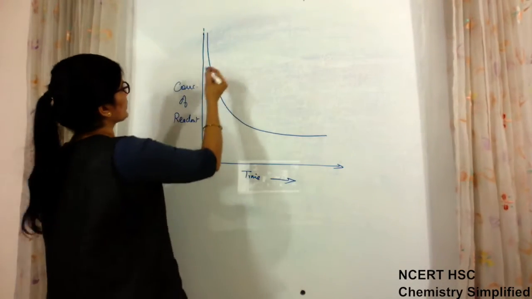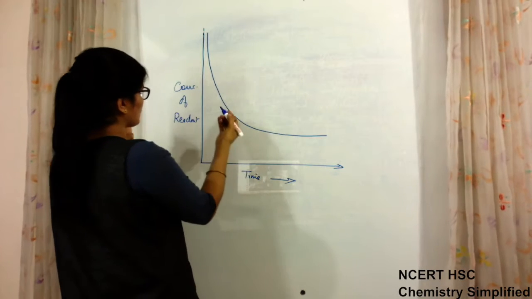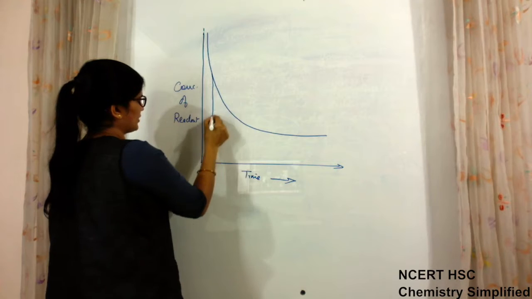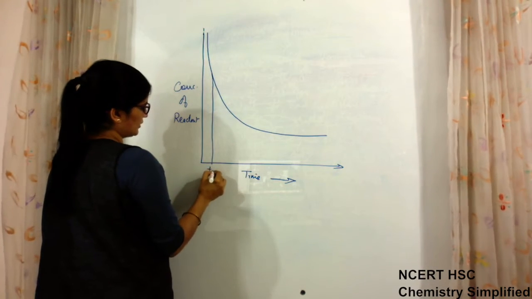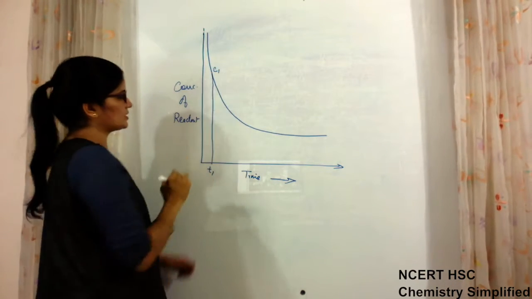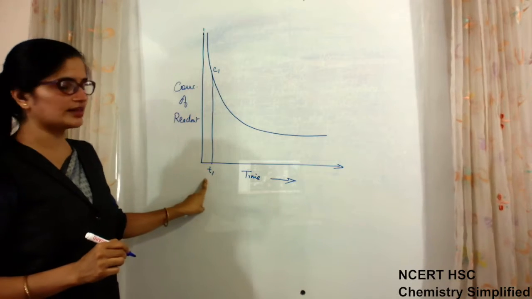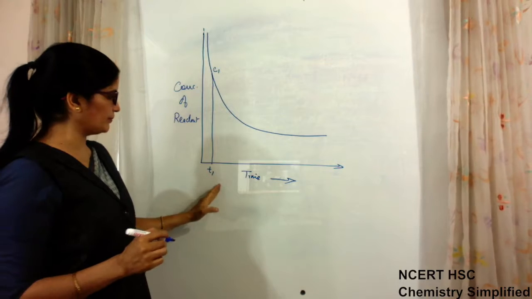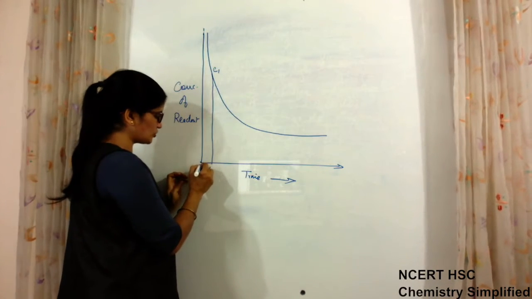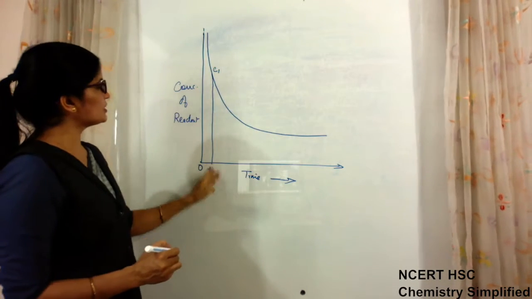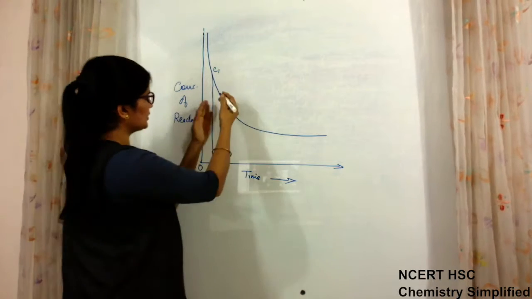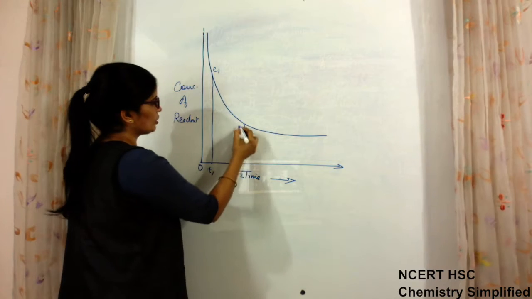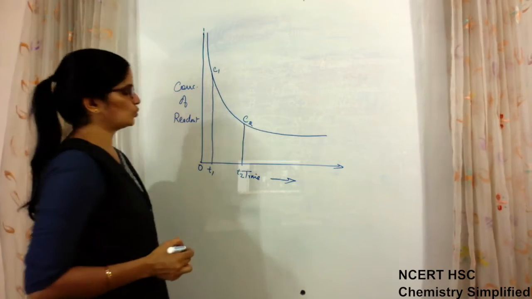This we have to see. Okay, so this is the graph. Now suppose at any point here, somewhere here, time was T1 and concentration was C1. This is not the initial concentration, but just after the beginning of the reaction, time T1, because initially the time is T equal to 0. After time T1, the concentration is C1, then the reaction proceeds. Then suppose after time T2, the concentration becomes C2.